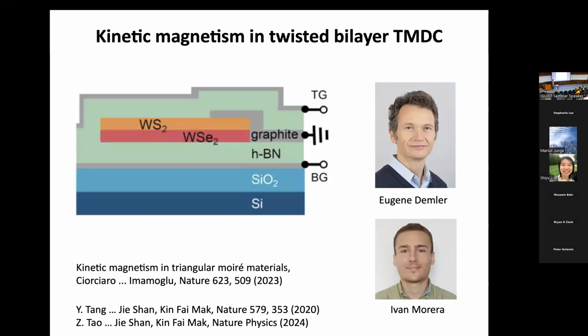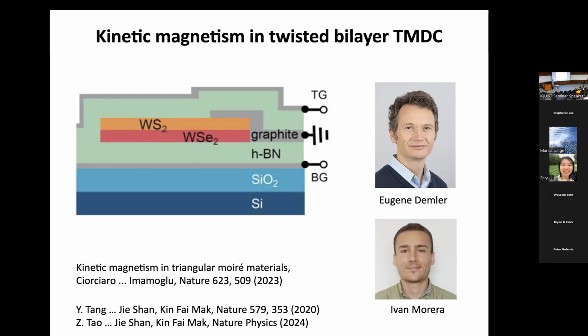Okay. All right, so this is all connected to the spin frustration. And now I'd like to switch to a different phenomenon, which might be less familiar, which is something called kinetic frustration. And this was actually inspired by very recent work that happened last year in the Moiré community. So probably some of the condensed matter people here might be working on these Moiré systems. This is work from the Shan and Mak group at Cornell and Imamoglu's group at ETH,